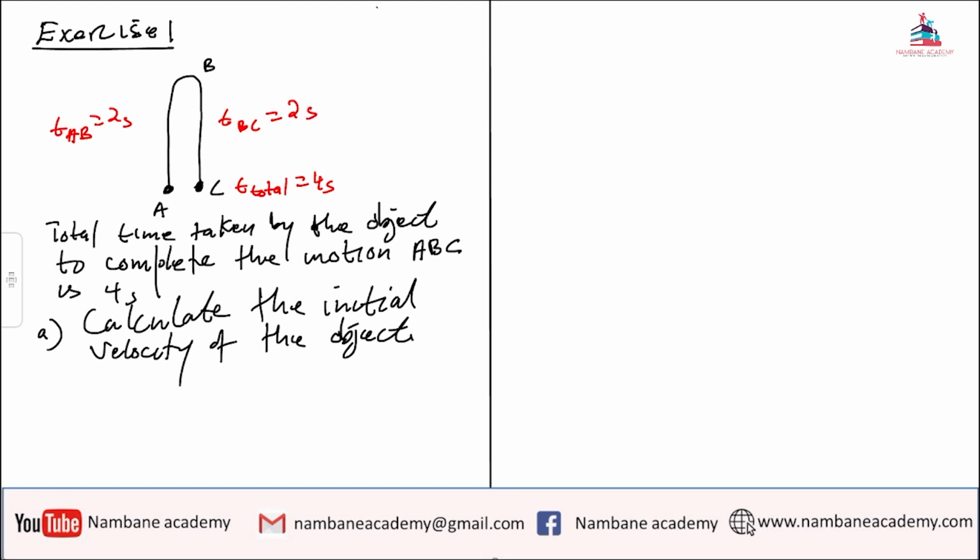But if you do not understand the concept of symmetry, automatically that will fall off and then it's going to be a blind spot on you. Now, the examiner says calculate the velocity of the object. Can you see the initial velocity? So you cannot be trying to work with ABC. You can maybe work with AP. So I am going to tell the examiner to say for motion of AB,